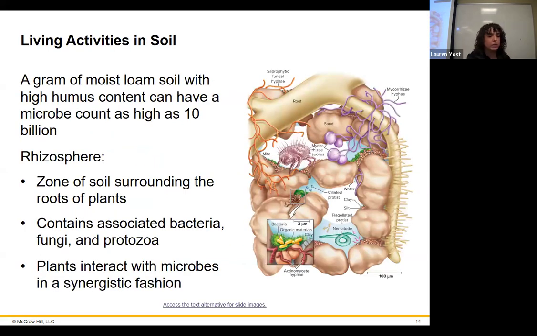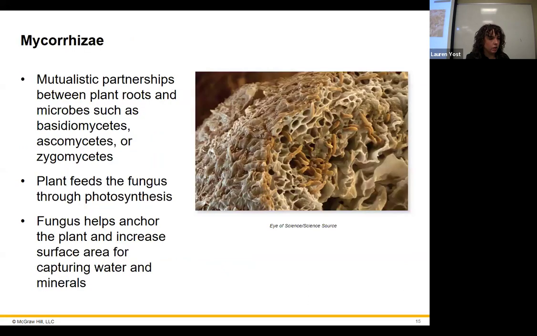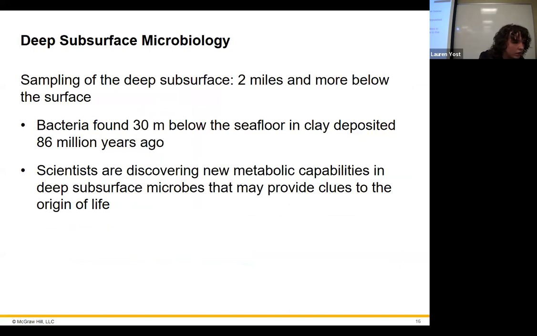There are organisms that live in the soil. They all work together. They have their own little ecosystem. That shouldn't surprise you too much. But yeah, there's all sorts of different organisms there. As you can tell, this is going in more detail than you really are ever going to get tested on.